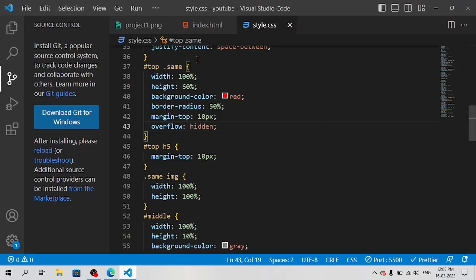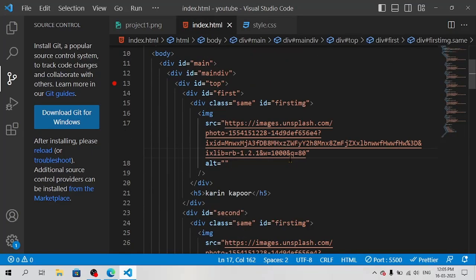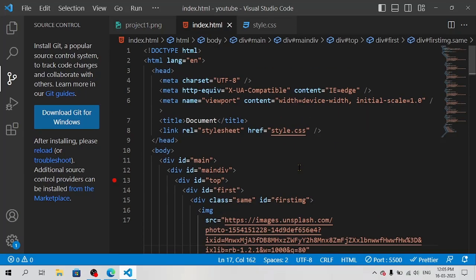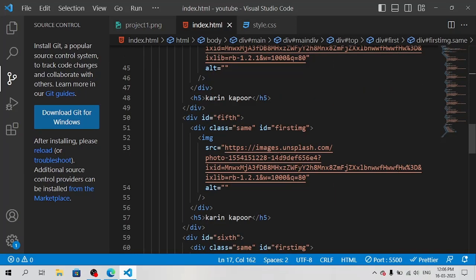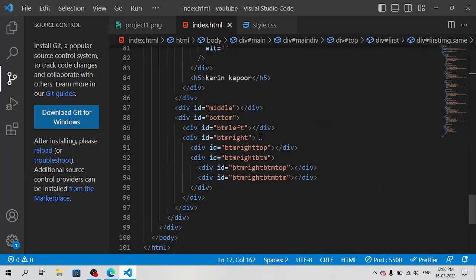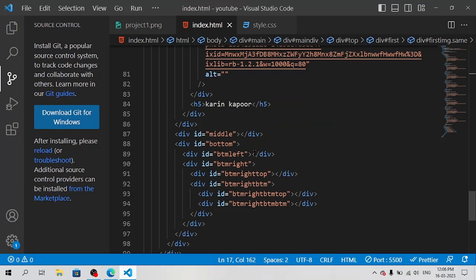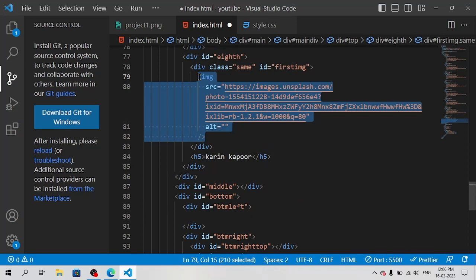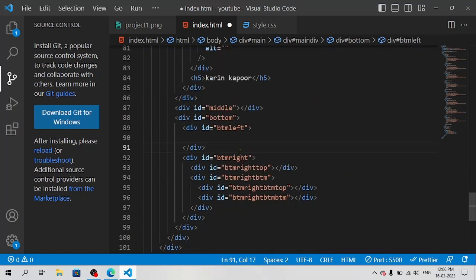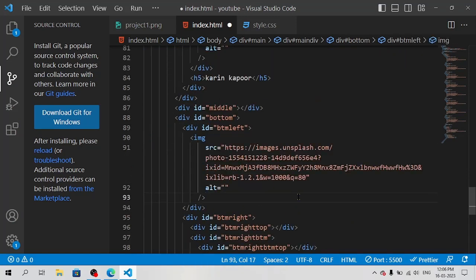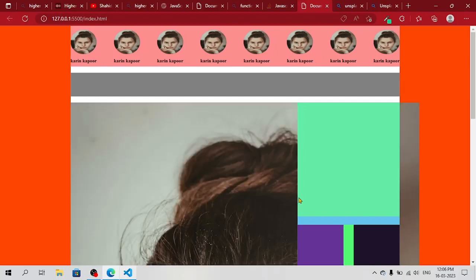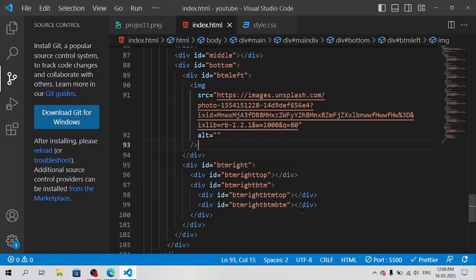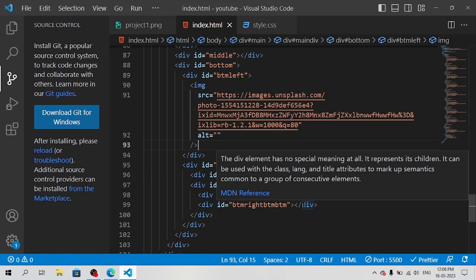So let's go. I'm going to put the same image, so let me go to the bottom part. Where is the bottom? Here is the bottom. So this is the bottom div, and inside the bottom div we'll have to go into the left side, right? So we will copy this image and put it into this div, right? You can see, yeah, we will have to manage it, no problem. And similarly, we will do the